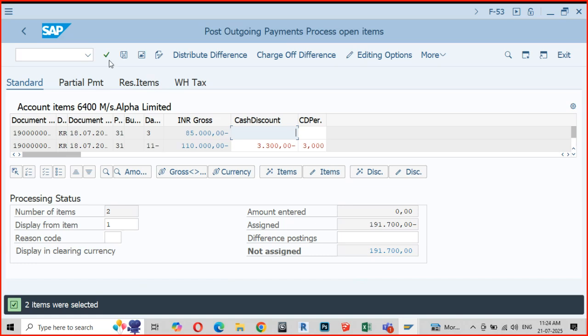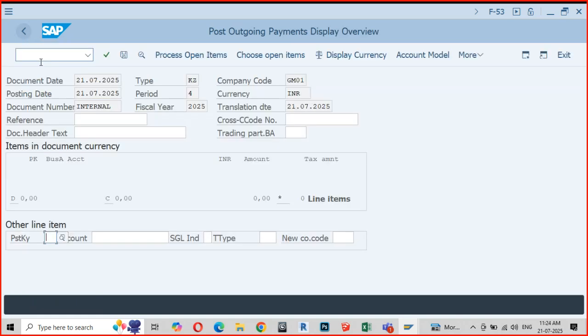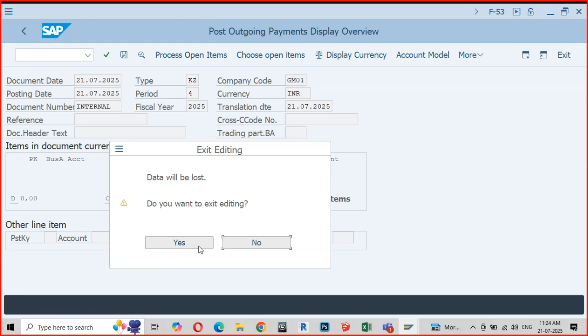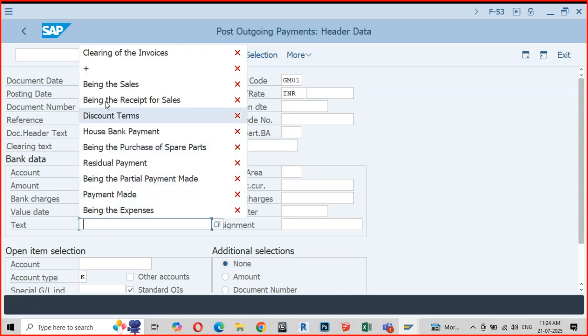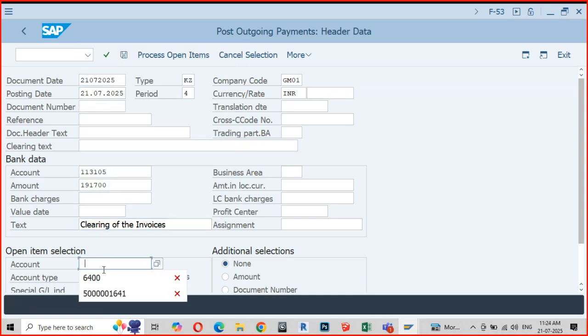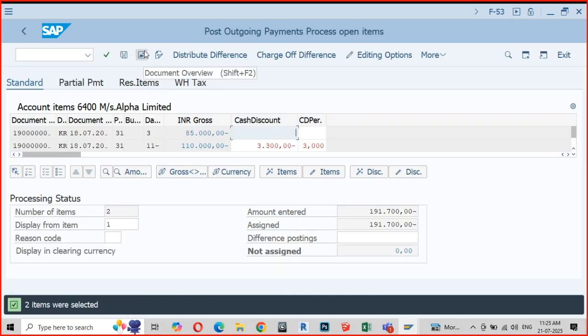It is 191,700. Okay, I'll post this and nullify the balance. I'll clear the vendor.